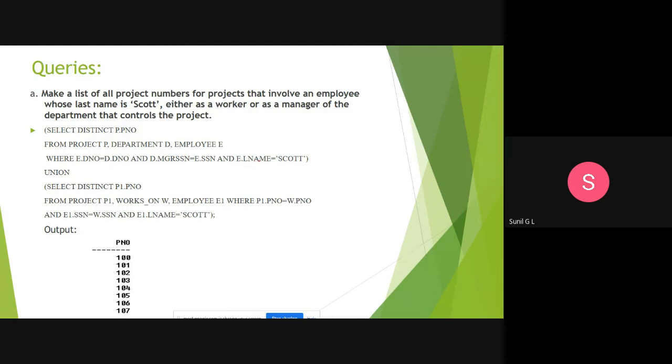Okay, that is employee last name is equal to Scott. If I execute this one, I will get a result. The project numbers. Okay, so that is controlled by a department. In that department, a Scott is working. That one we are getting when you execute this one, and we are making a union with